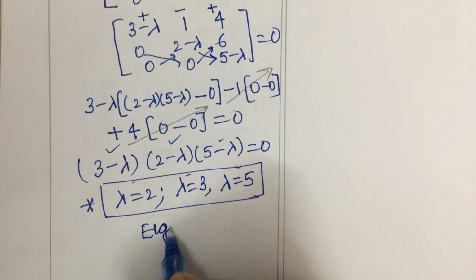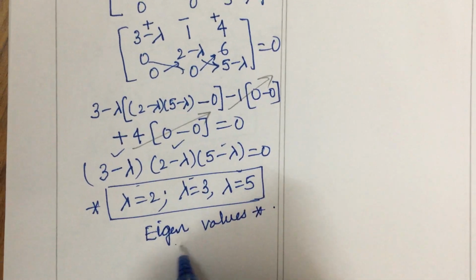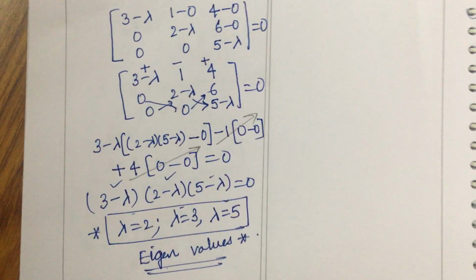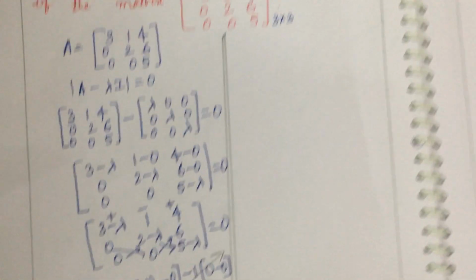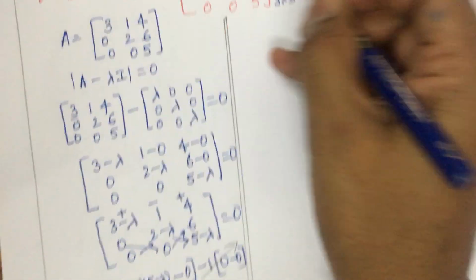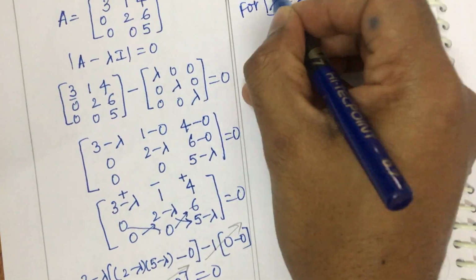So these all are nothing but the eigenvalues for the above matrix of the size 3 by 3. I hope you are catching my point on how to work out the eigenvalues. Now let's look at the eigenvectors of this matrix. So for lambda equals 2, I am going to work out the